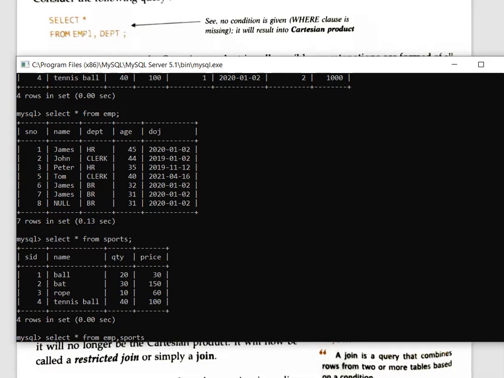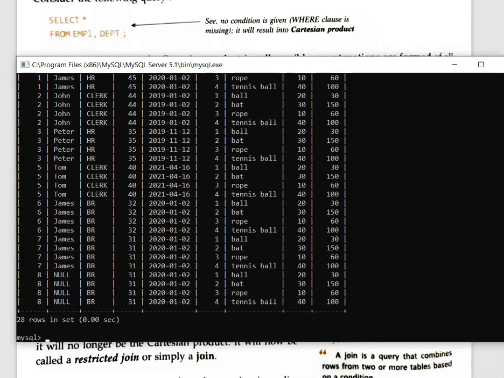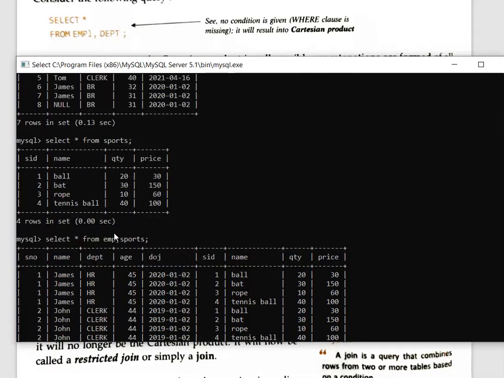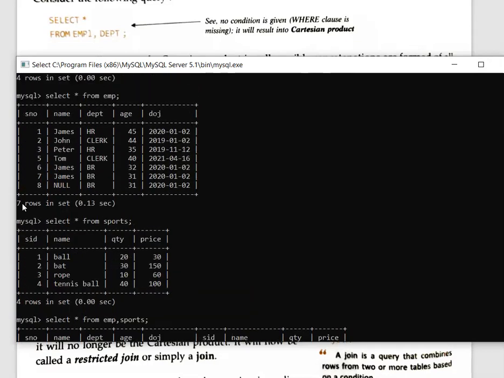32. Very good. You will be getting 32 because it is 8 into 4, 32 will be the answer. Fine. So if I run this, you can see it is given 28. The reason is that 7 rows were there, because I have counted on the basis of this 8. 7 rows are there and here 4 rows are there. So simply we can multiply 7 into 4.